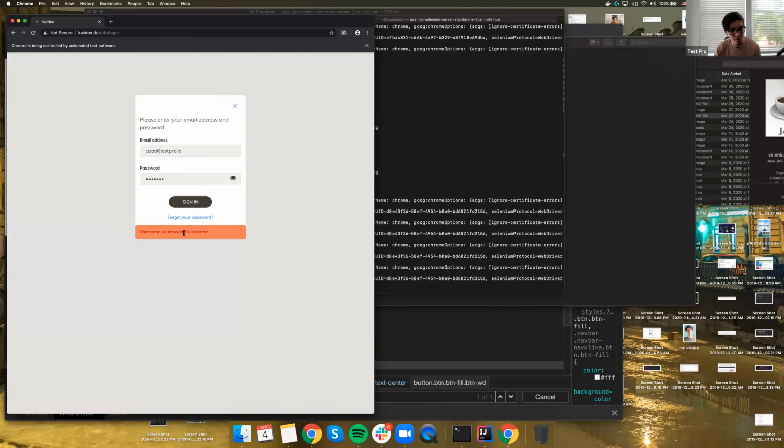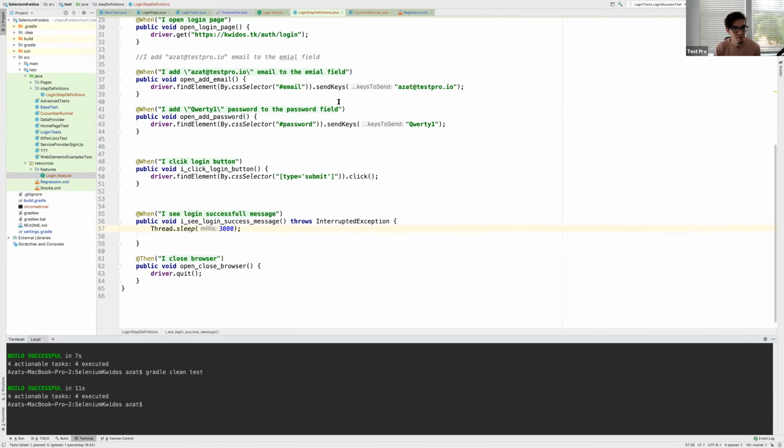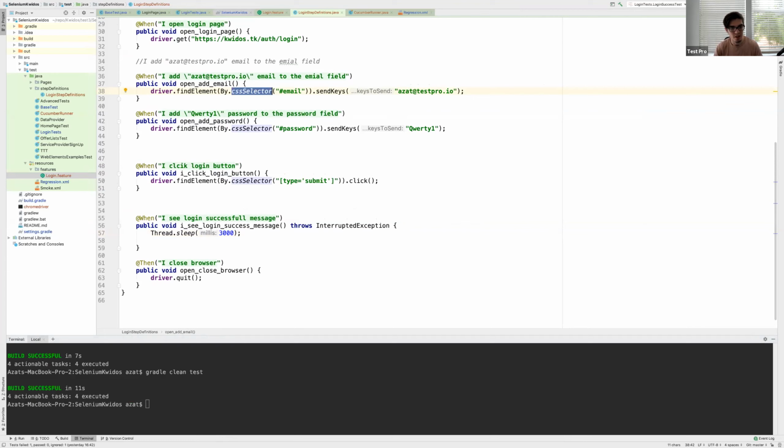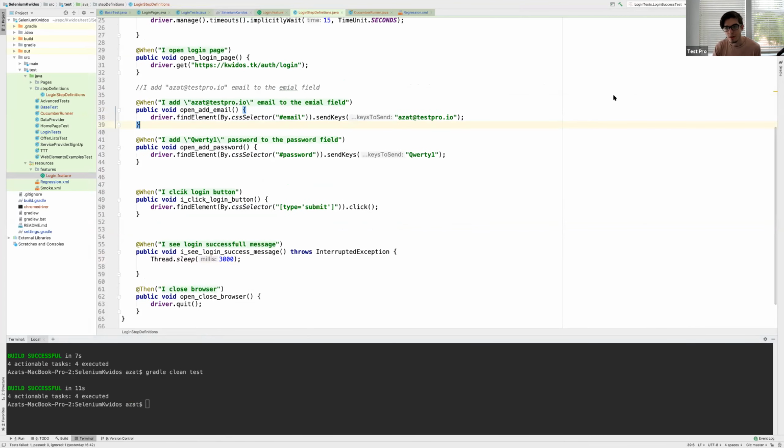Okay, yeah, so it says my username is not correct. So for some reason, it didn't like when I specified ID here, which is weird. I mean, pretty much this is the same thing, but okay. So if it works,